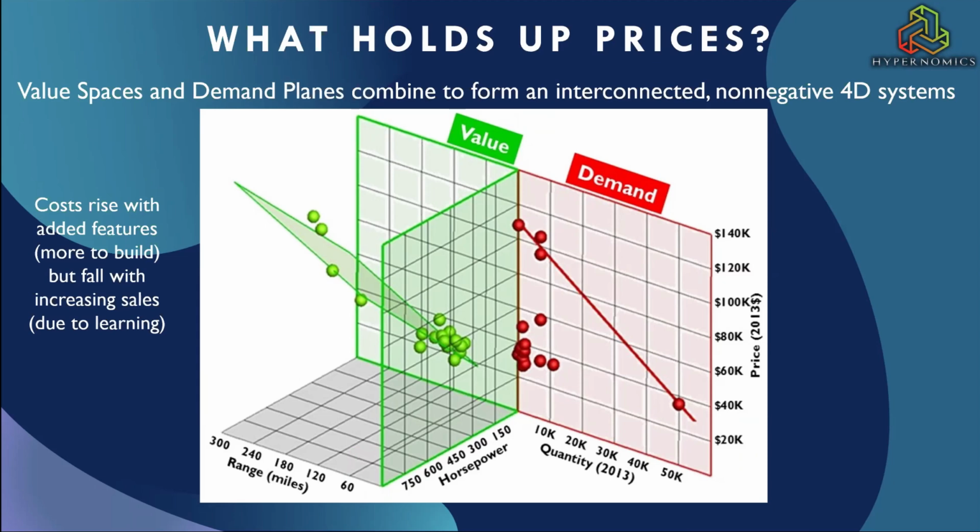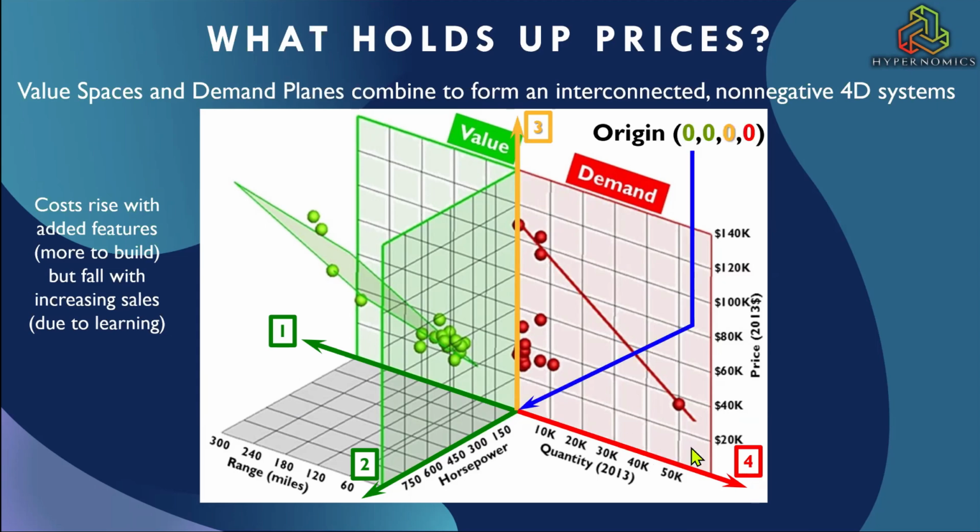And so if you were to then go ahead and plot these axes, you discover that you have four of them working here at once. You've got value attribute 1, which is in this case range, value attribute 2, which is horsepower, price, and quantity. And note that this is a different coordinate system. This is an extension of a Cartesian coordinate system. So instead of having an origin of 0, 0, or 0, 0, 0, this origin is 0, 0, 0, 0. These two are coded in green, relating to the value space. This is coded in gold, showing that there's a certain price to these things, and this is coded in red,